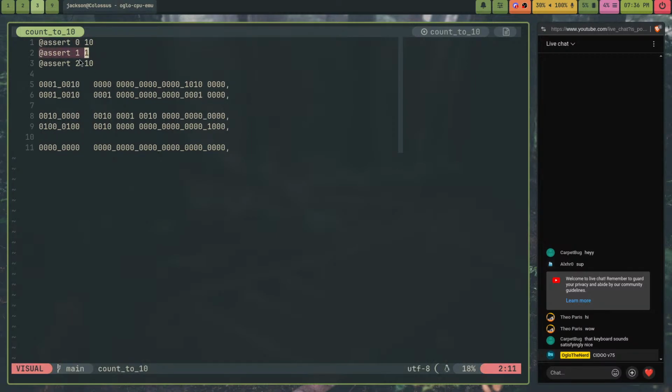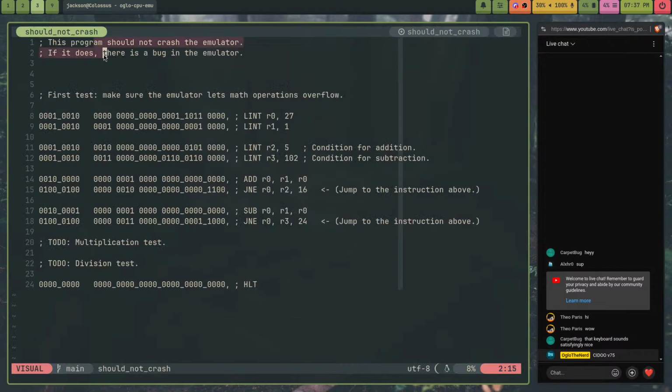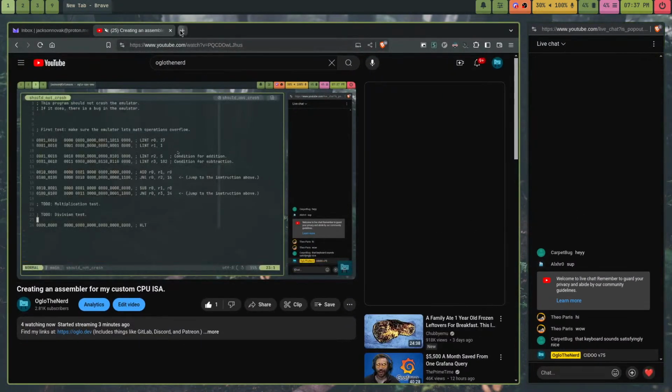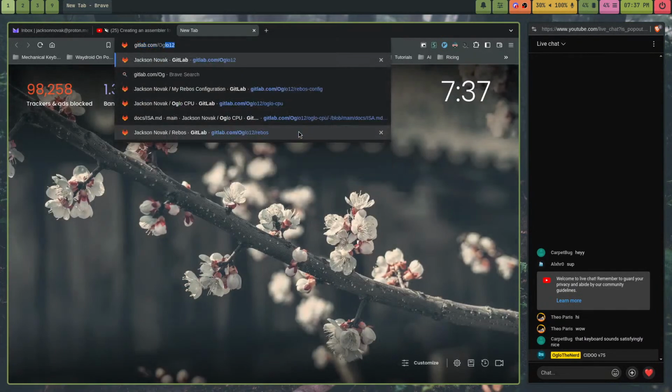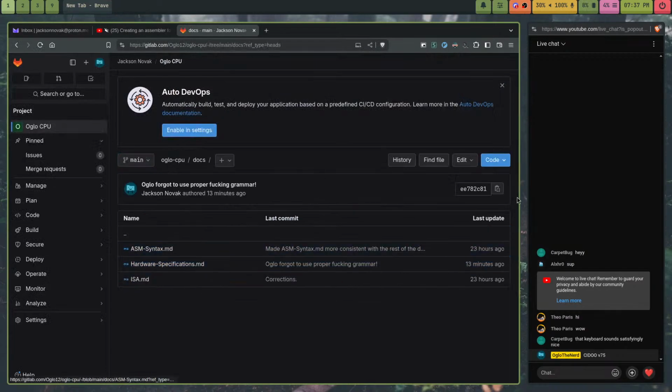So I have assertion support in here, and these are my instructions. The reason I need to create an assembler is better demonstrated in my other program, should not crash, where I'm testing if this will crash the emulator. The way I'm programming right now is I am hard coding jump addresses. Let me just pull up the ISA. GitLab.com/oglo12 oglo CPU. So in docs,